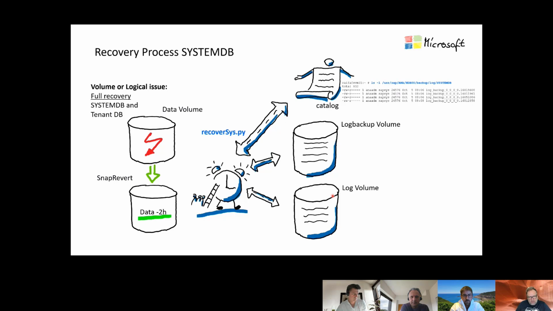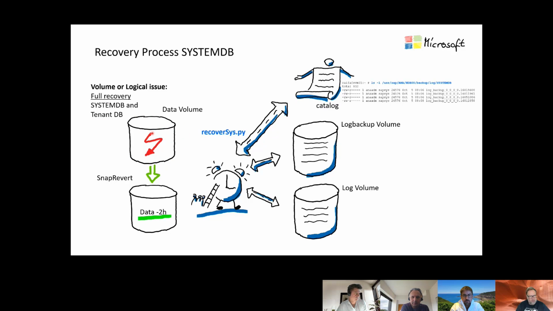Now the recovery process. As mentioned last time, we dive directly into that recovery process and see how that works. The database catalog here is very, very important, because without that database or log backup catalog, you have no chance of a roll forward. Then when you lose your entire data volume, so everything with system tables, system database, with all your tenant databases, because they are usually stored here in one volume.